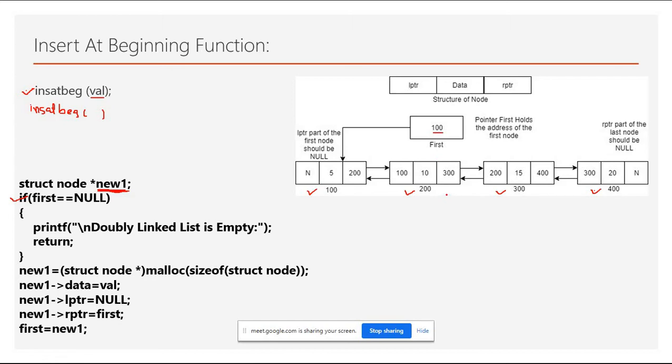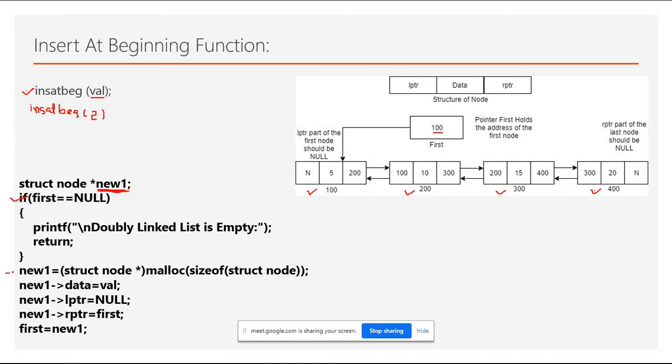And if the user has not performed a create operation yet, obviously we will refuse the user's request and say your doubly linked list is empty. You just go for the create option first, create the linked list, and then perform this functionality, which is called insert at beginning. Suppose everything is okay, the user has selected the create linked list option, and then says I want to insert at beginning, a certain value. Suppose the user says I want to insert 2, so obviously your first will not be null.